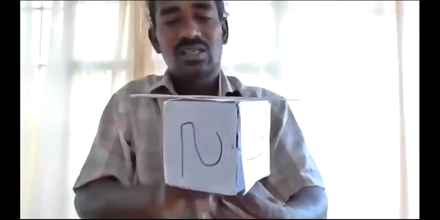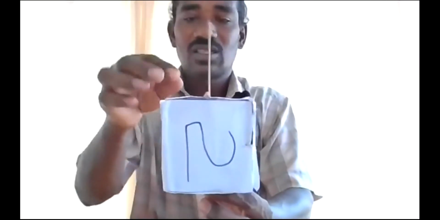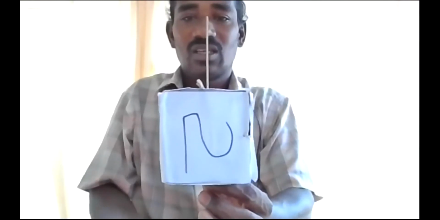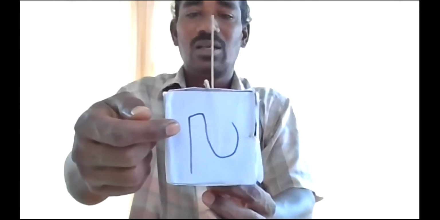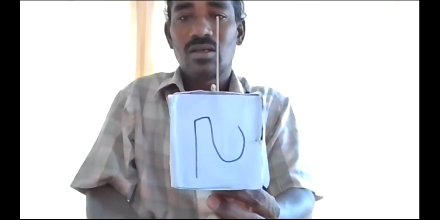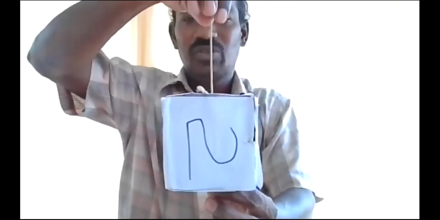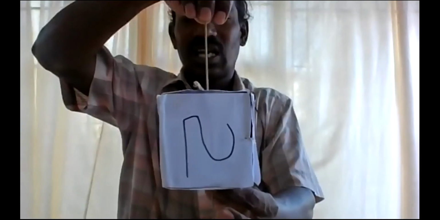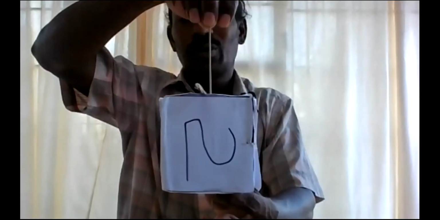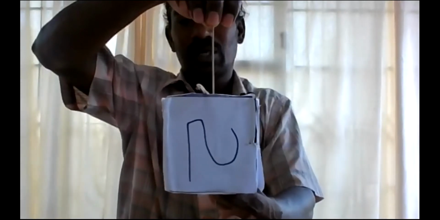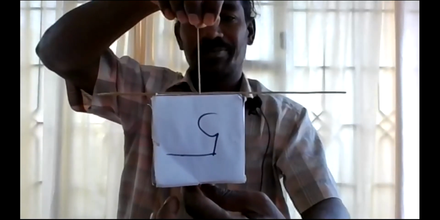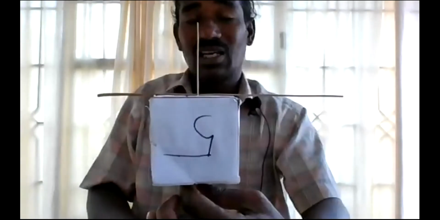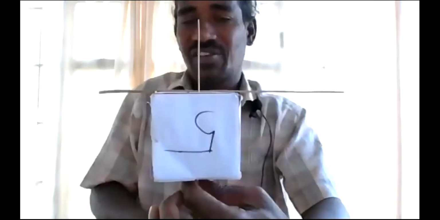What is the starting point? The starting point is this one, and in the starting point a face is there like this. Now we will rotate this cube with respect to this axis, which is passing through opposite face centers. Now you got another face. Initially you got one face, and now you got another face.